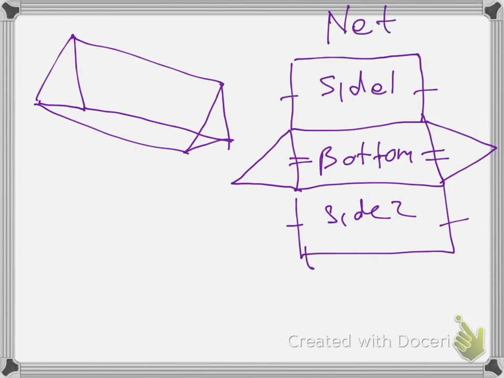And if you are calculating the surface area, it's going to be the area of side 1, plus the area of the bottom, plus the area of side 2, plus the area of the triangle on the left. So we can say left triangle, and the right triangle. Can you see? And then you add them up, then you get your total surface area. So this is the beginning of surface area. So it's still simple.